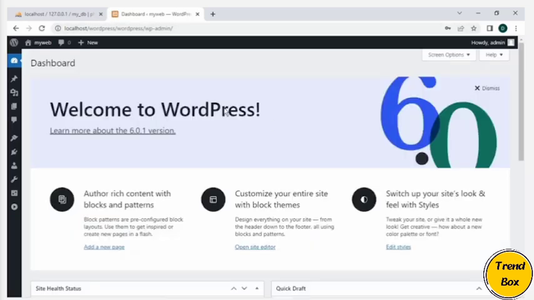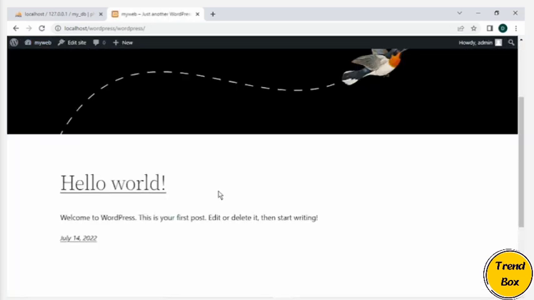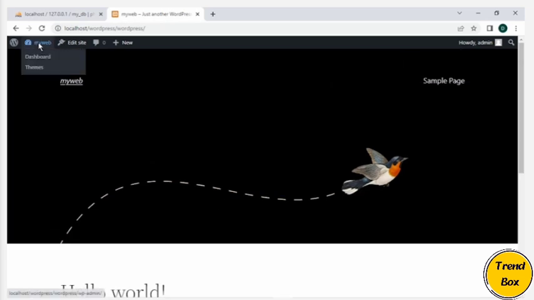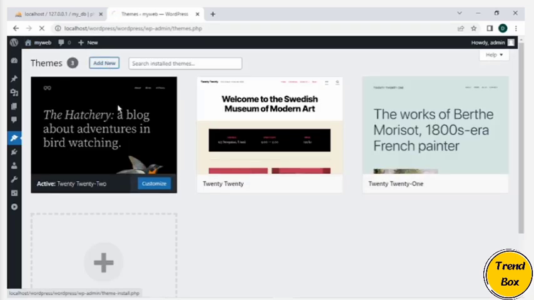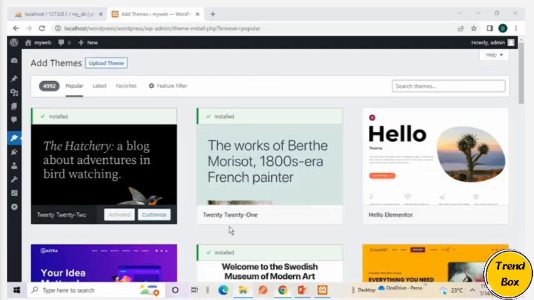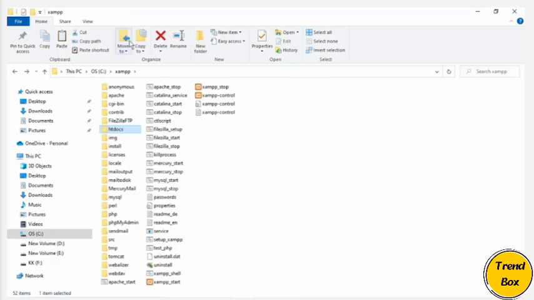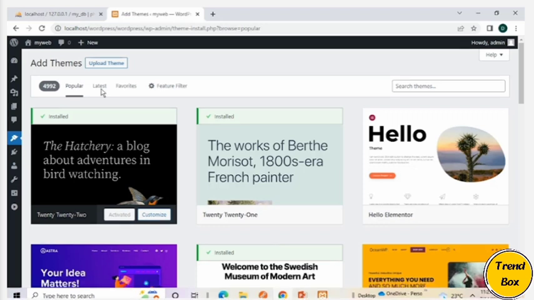So this is my dashboard. You can check from here also. Visit site, and this is the default template of WordPress that we have set here, or you can get more themes. So we will take a new theme to create our website. We will click on this themes button. We will click on themes, add new, and in this I already downloaded one theme. That is this theme, and we will install or upload that theme.